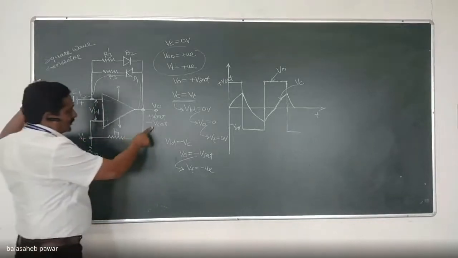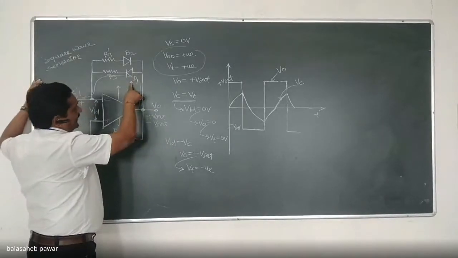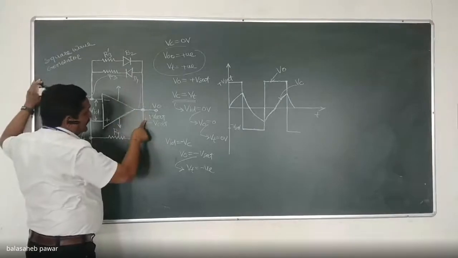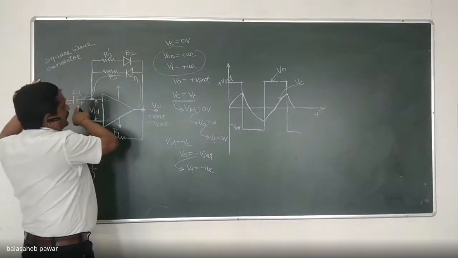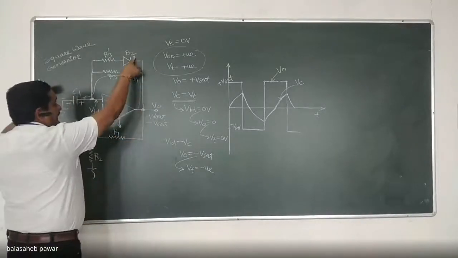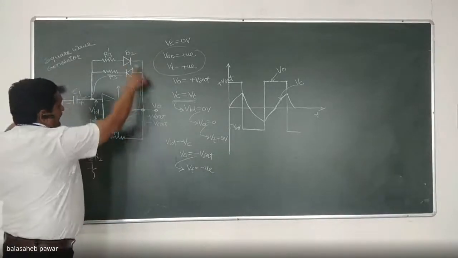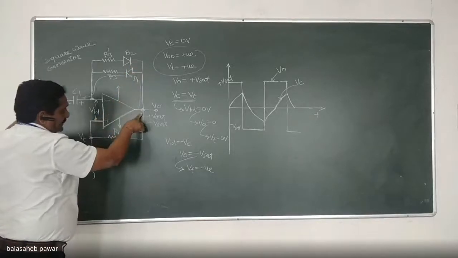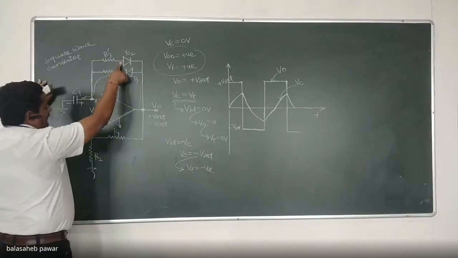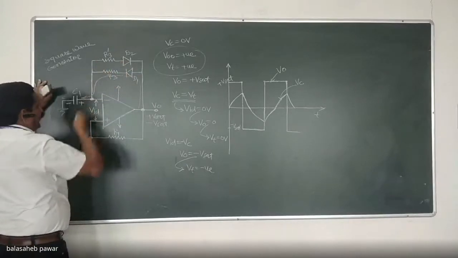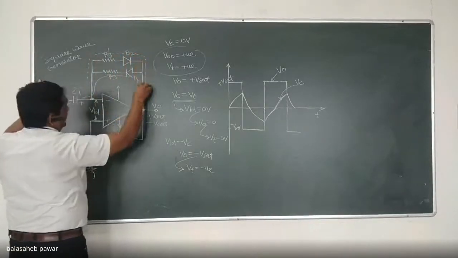Okay, so when that output gets switched to minus Vsat, that diode D1 remains highly reverse biased because its anode will be at minus Vsat and its cathode will be at plus VC. Now you will observe diode D2 will become highly forward biased. When output gets switched to minus Vsat, diode D2's cathode terminal is connected to the output, which is at minus Vsat, while its anode is connected to plus VC, and hence the discharging path of the capacitor will get decided by resistor R3 dash.